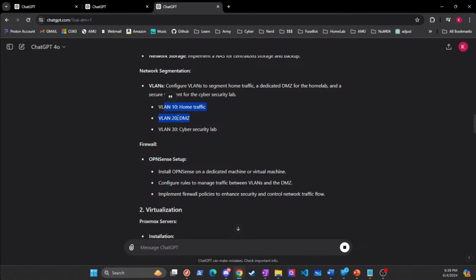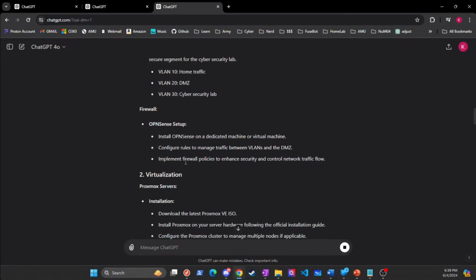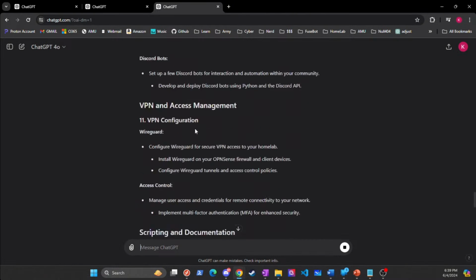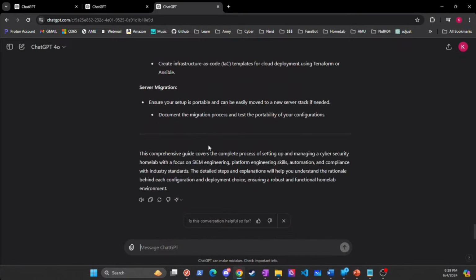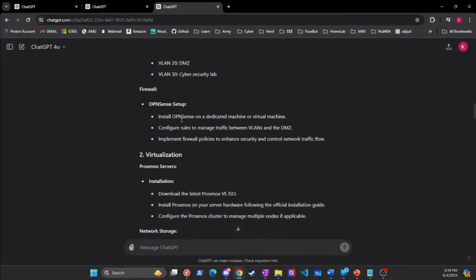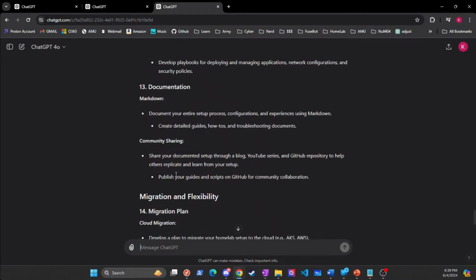It's specifying different VLAN configurations, how to set up OPNsense, right? And it gave me a general process, but I was like, this is pretty in depth, right? Now I want to say, let's walk through, and it's because I have John on this line here. It's like, give me a step by step guide for the OPNsense config.